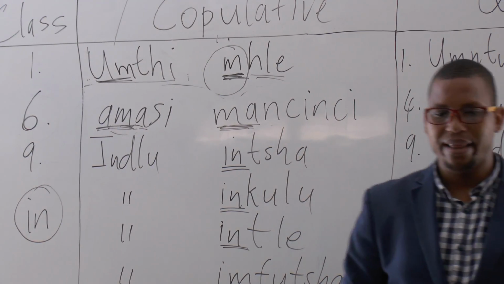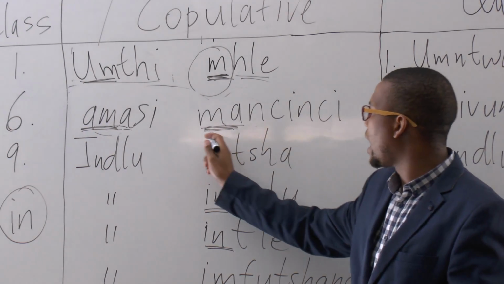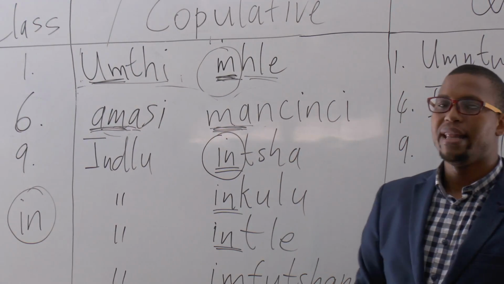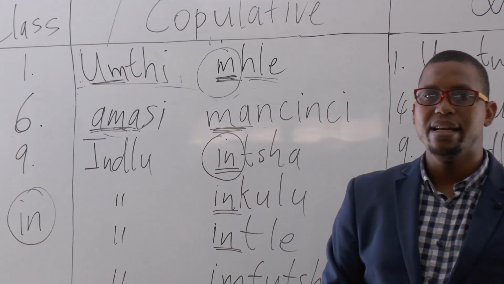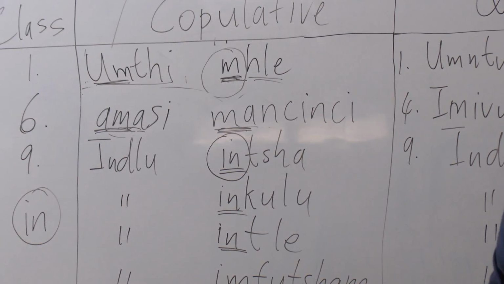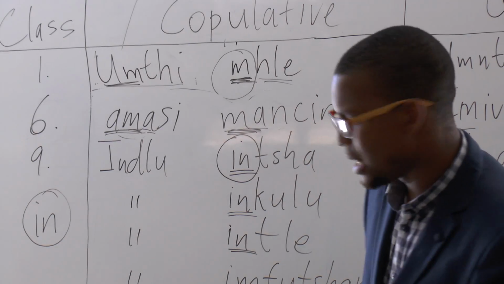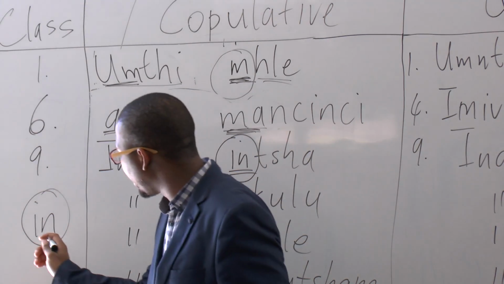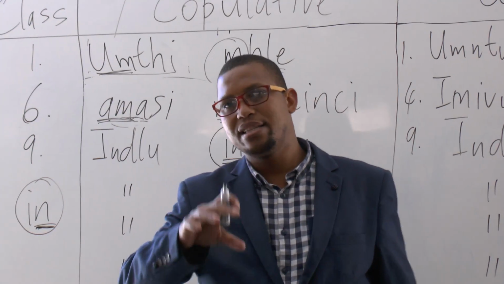The example given there: the house is new. Indlu incha. The part which is the copulative, in this case, is in. Indlu incha. Then, because class 9 has got N, a nasal sound within its concord,